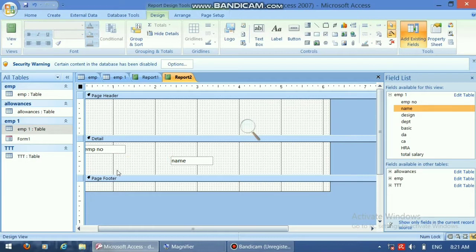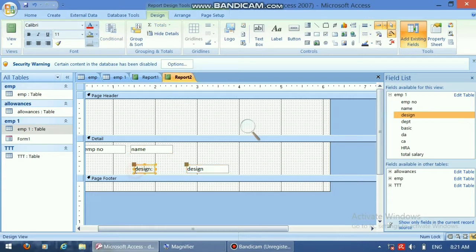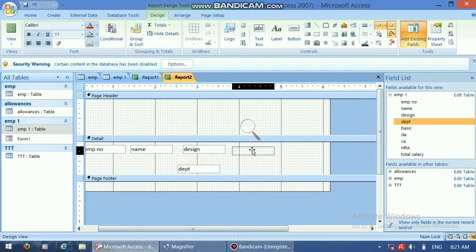Drag all fields one by one: name, then designation, department, basic.